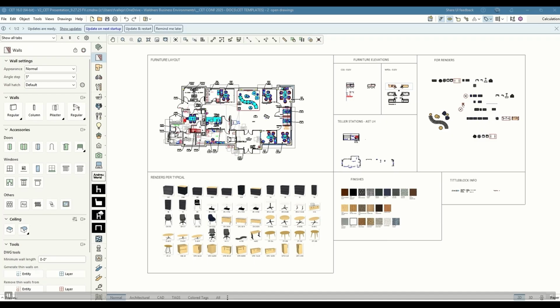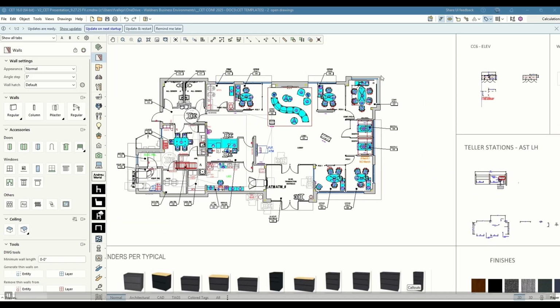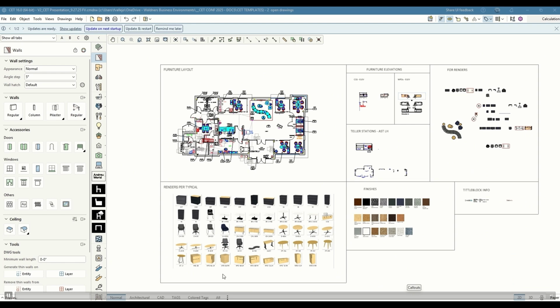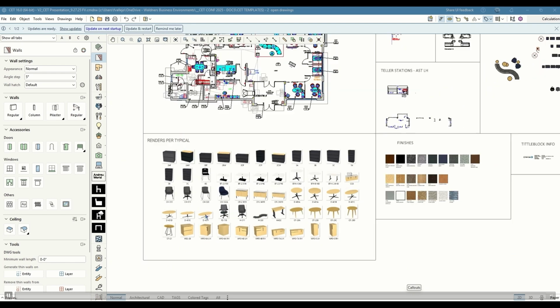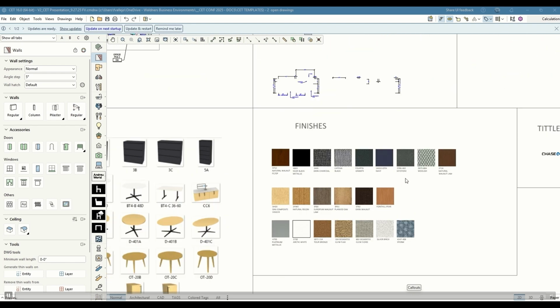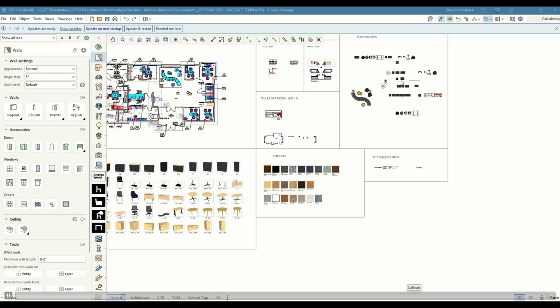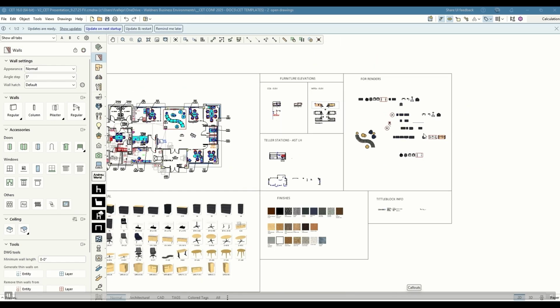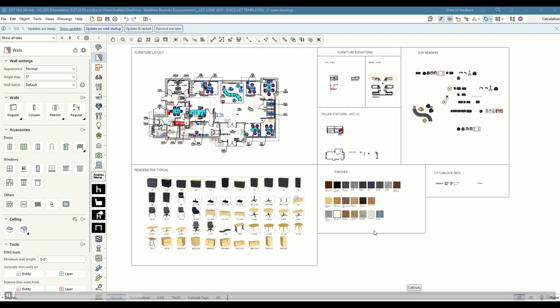Now, the fun part is when you're working with the standards. Here, as you can see, I was showing the basic elements that I have on this project. I had the plan view in the area of work that I will be working. I'm identifying every possible symbol or application that I'm using. Also, I had the space for my finishes. I had some typicals for the renderings that I'm using on some pages, and the information for the title block